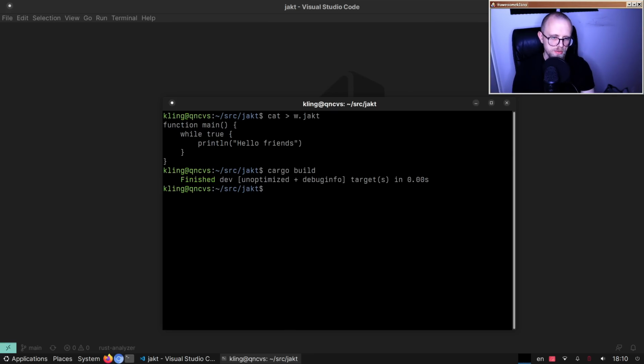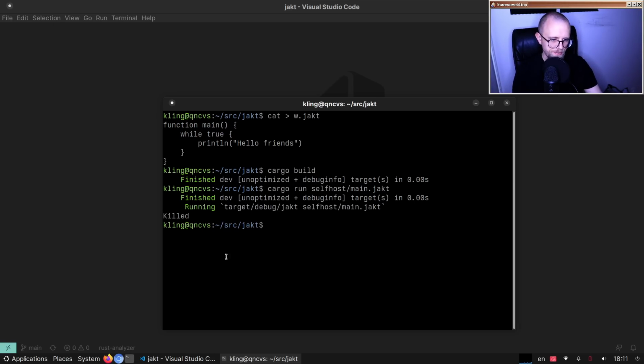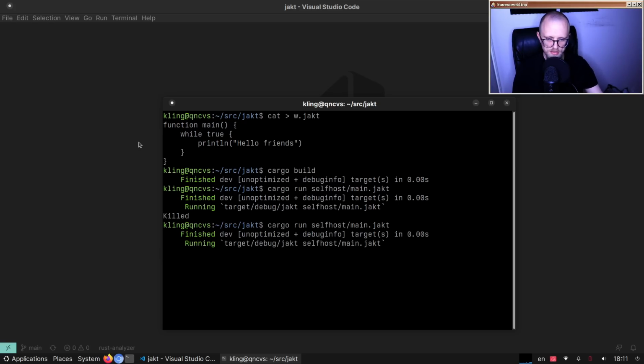So first thing we got to do is just make sure we build a baseline compiler. So this is the compiler written in Rust. And then what we do is we want to build the self-hosted compiler, and you do that by running the baseline compiler on main.jakt. And it got killed by, I actually have a background service that runs in the background